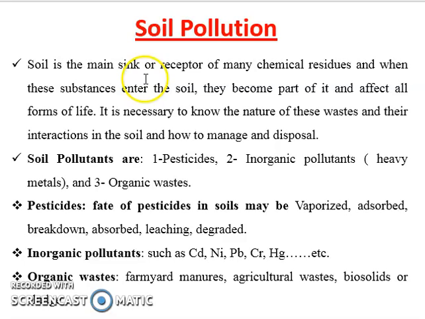Soil pollutants are pesticides, inorganic pollutants like heavy metals, and organic wastes. Organic pollutants like pesticides. The fate of pesticides in the soil may be volatilization, adsorption, breakdown, leaching, or degradation. The inorganic pollutants are heavy metals like cadmium, nickel, lead, chromium, and so on. Organic wastes like